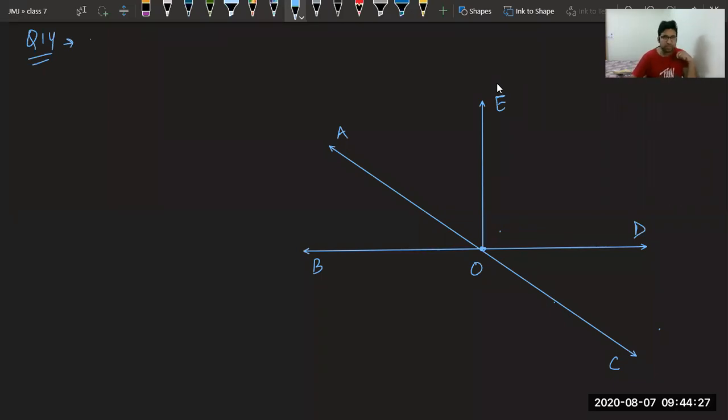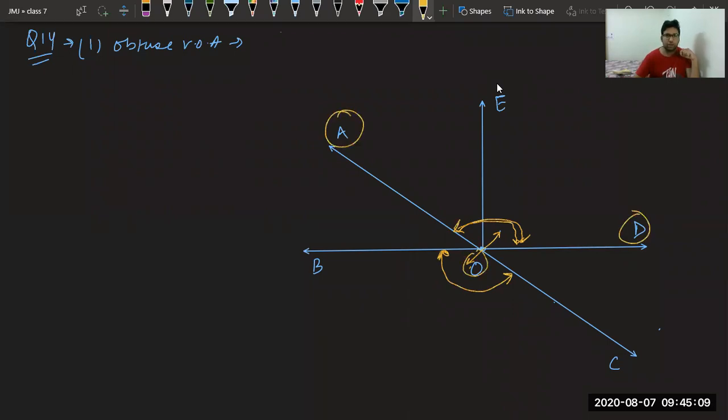Question 14, first part. We have to find obtuse vertically opposite angles. First of all, what are obtuse angles? Those which are more than 90 degree. Please name. You can see this angle, suppose let me take a yellow pen. This one is an obtuse angle because it is more than 90 degree, and this angle is its vertically opposite angle. So this angle is obtuse and this angle is also obtuse, and they are vertically opposite angles.